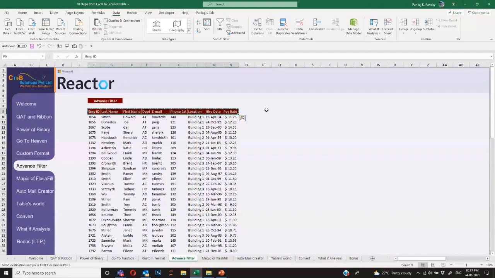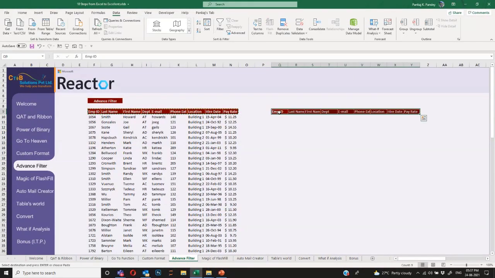So for example, I will just copy these headers here. Now I've copied all the headers. You can copy only the headers you want to put a filter on. Let's say I want to put a filter on building. I've just copied all of them to show you that you can apply a filter on each and every column. Like I have 9 columns, I can apply filters on all 9. So I'll say I need to apply a filter on building 1. So I'll put it here. And in building 1, I want to apply the filter as 80, department 80.